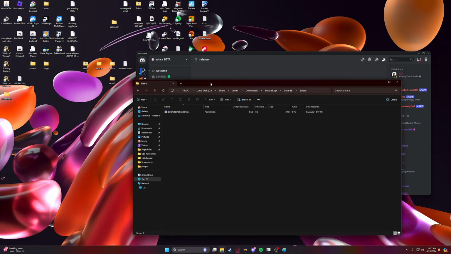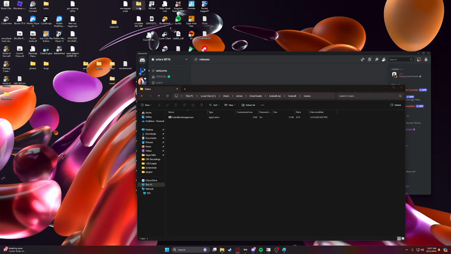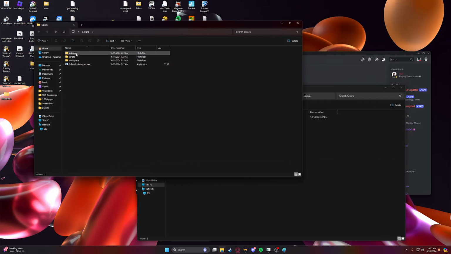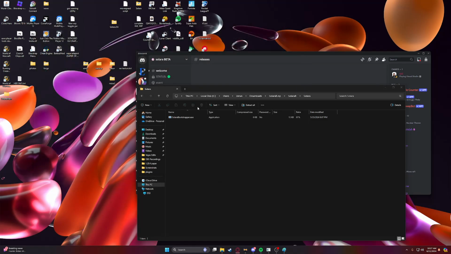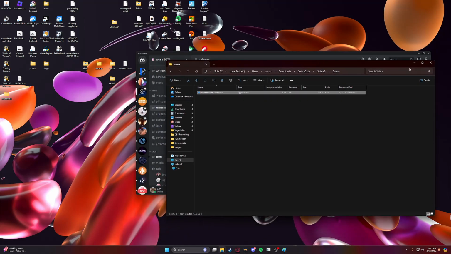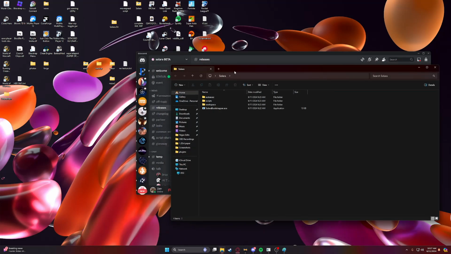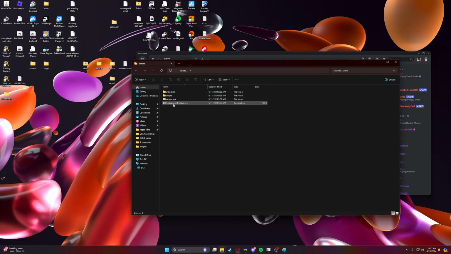If you want to look inside of it, Bootstrapper. Once you run the Bootstrapper, it'll make the auto exec scripts and workspace. So let me show that to you real quick. And maybe I can't, never mind. Anyways, so just run the Bootstrapper, it'll make those things,